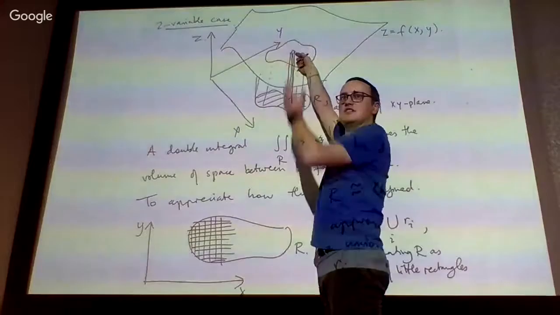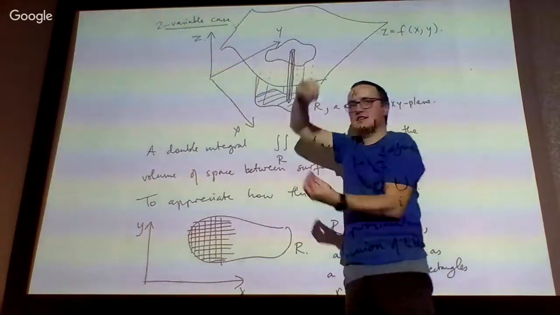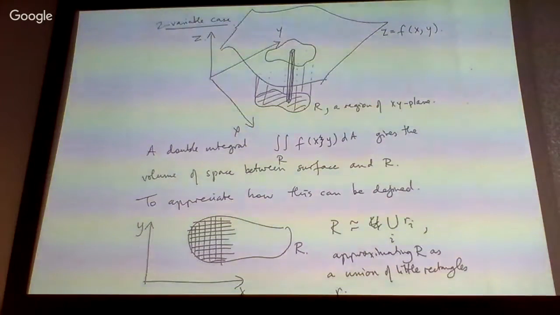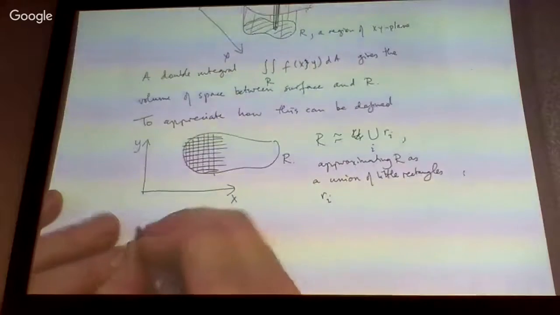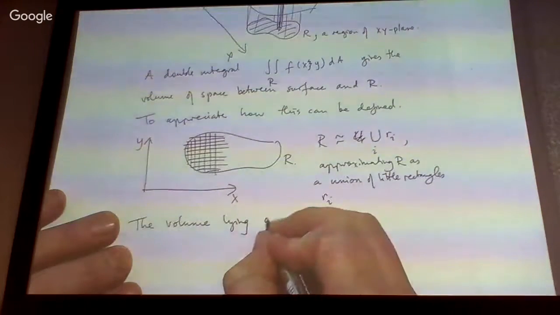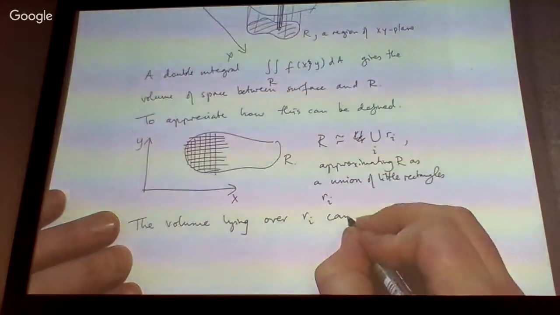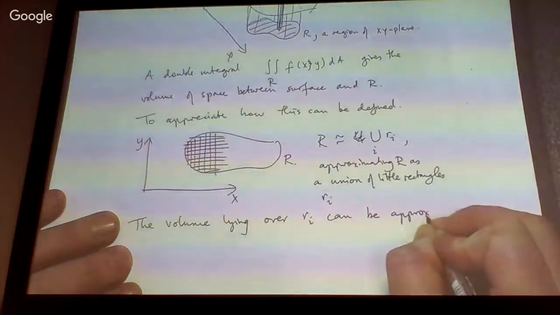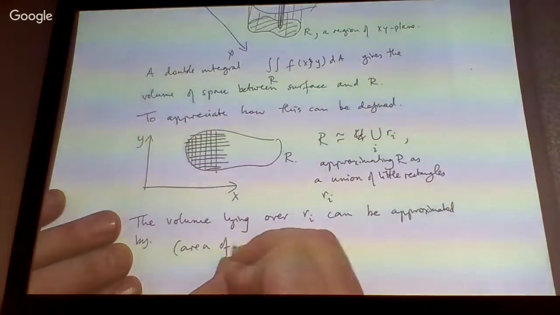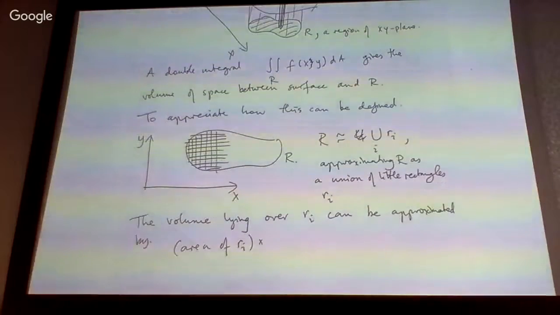I've drawn one of these little rectangles Ri that subdivide R. I've drawn its projection upwards onto the surface, and we can see the little thin cylindrical part between the surface and the little rectangle Ri that lies in the bottom plane. So the volume over Ri can be approximated by the area of Ri multiplied by